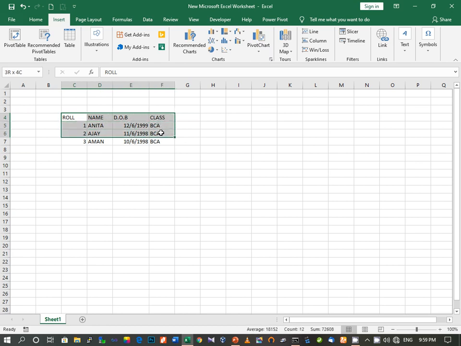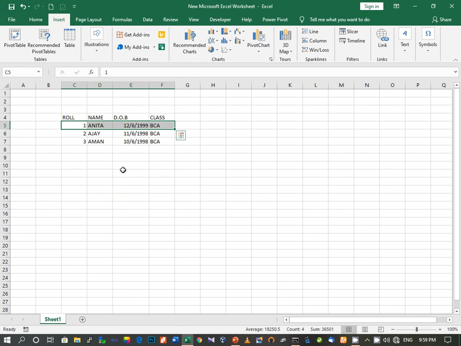Suppose I want to select up to here, so I have dragged the mouse up to here. This is how I select a range of cells, and this is how we can select a range of cells.